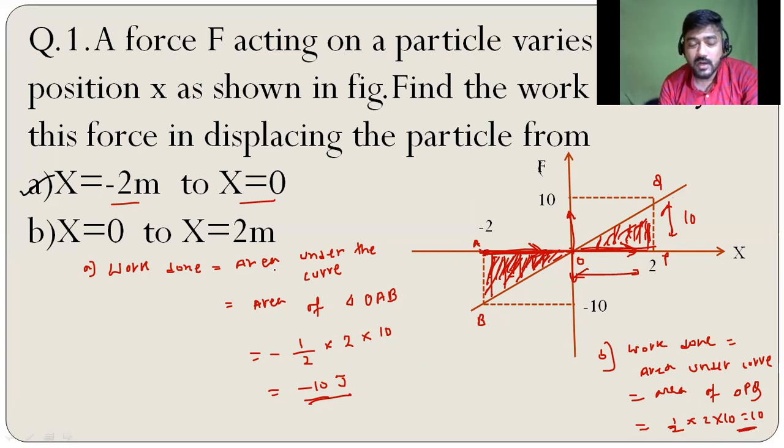Okay, so this is how we can solve the problems involving the area under F-x curve. And you can see this is a straight line passing through the origin, and this is obviously proportional to x, that is F is equal to kx. The nature of the force is nothing but F is equal to kx. You can find from this equation, though it is not asked here, but this will be the case. Okay, this is how we can solve the problems involving area under F-x curve. Okay, so thank you.